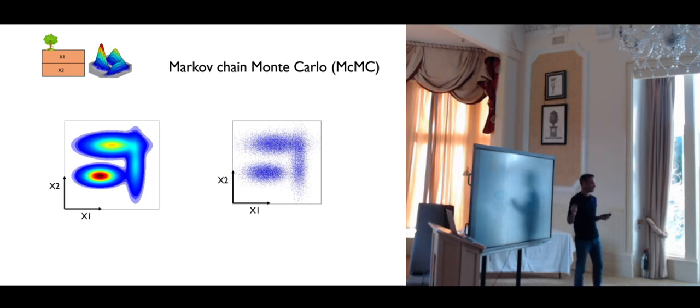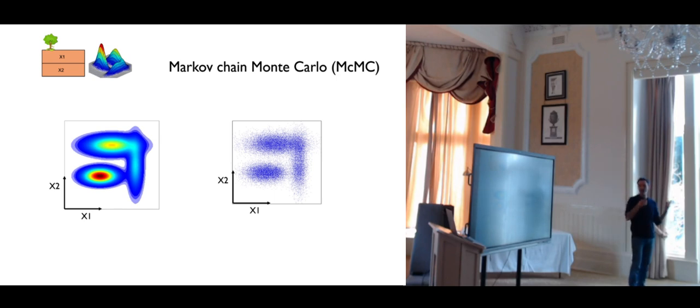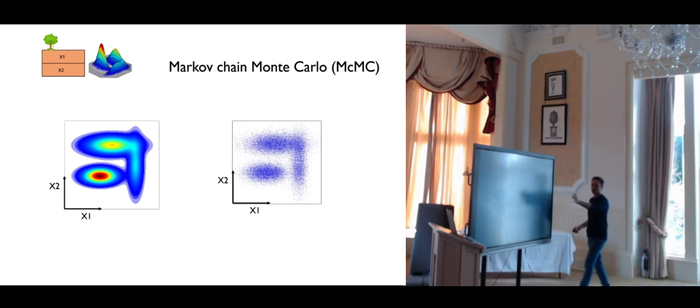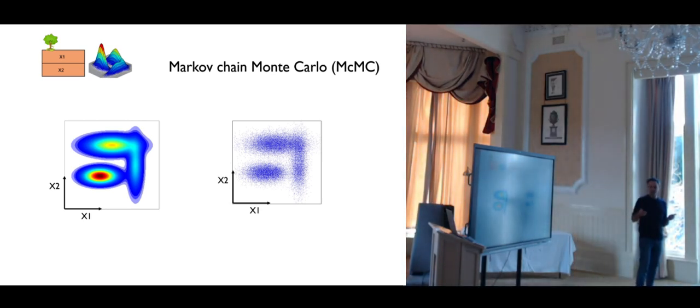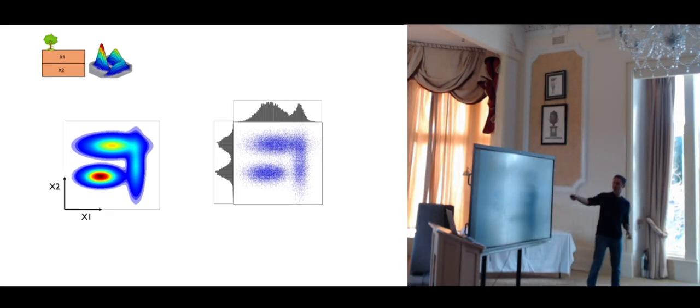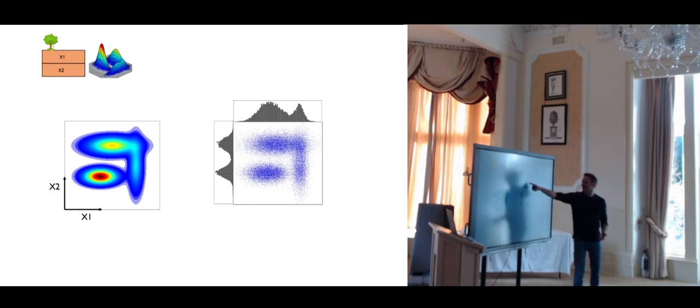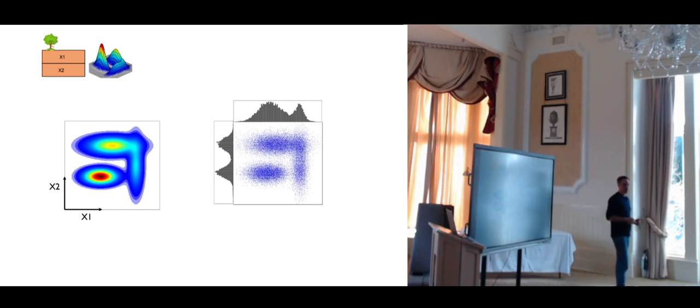It's perfect. And the solution is going to be just a very large ensemble of points in this transdimensional space that are distributed, with a good property: they are distributed according to the solution. So our solution is an ensemble of points with different dimensions. And of course, from this ensemble of points, we can derive statistical properties. We can look at integrals. We can take the mean. We can take the median. We can do a lot of things. Here, for example, we can look at integrals. And if we are interested in the probability of x1, we have a distribution here for x1 and so on.